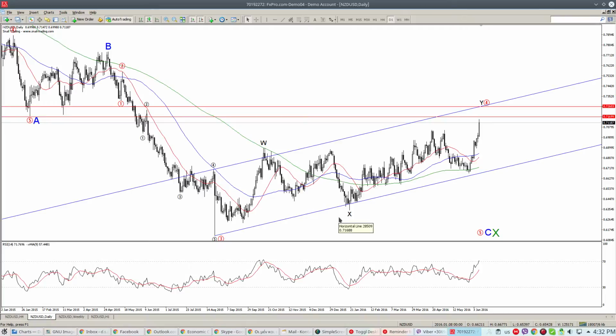Since the rebound is so sharp, and if we look at smaller time frames, we can see that the impulse to the upside seems not to be complete so far. I'm looking into the possibility of this channel and the extension of this rebound towards the upper boundaries of this channel. This could also be a